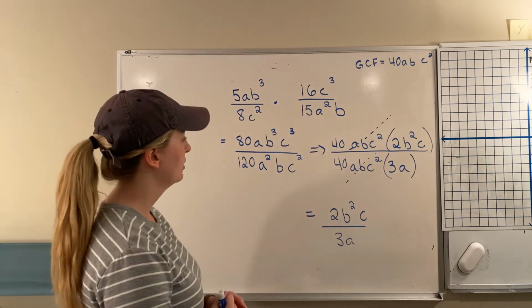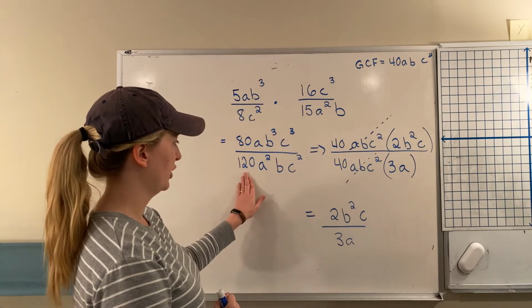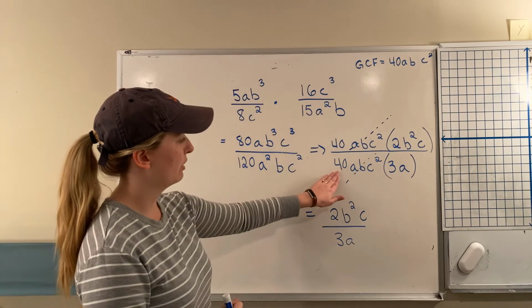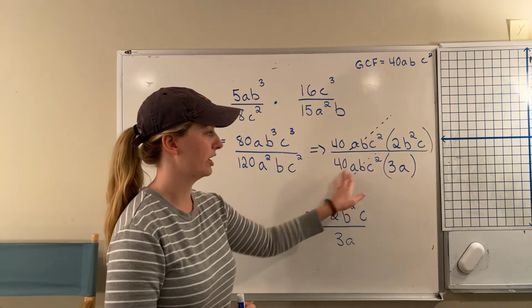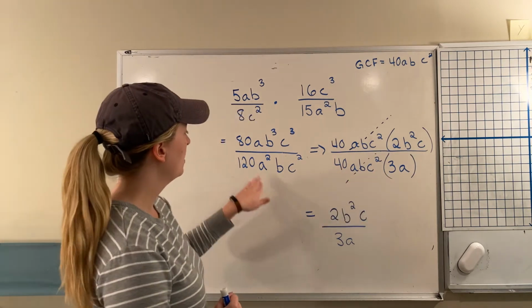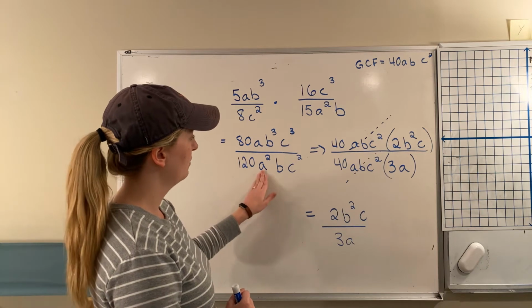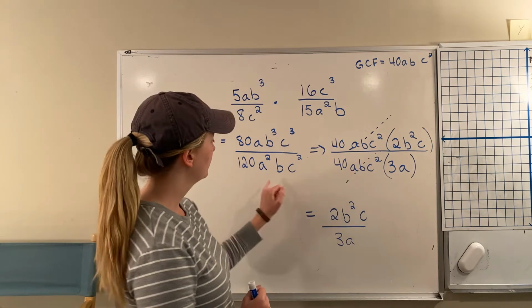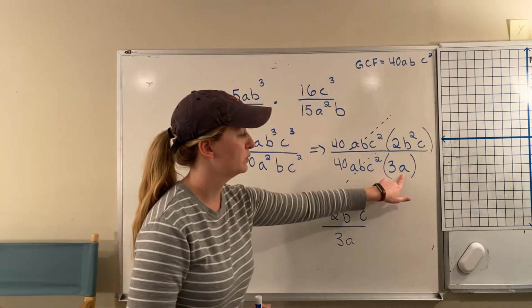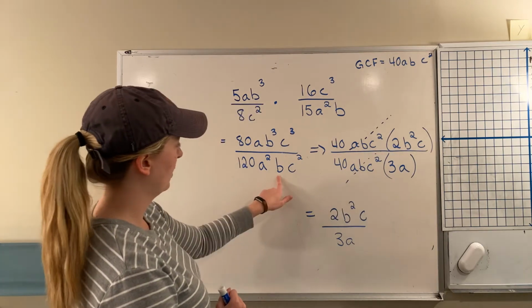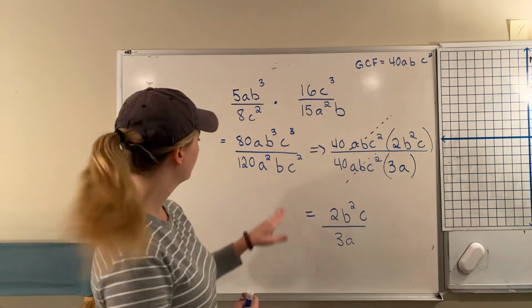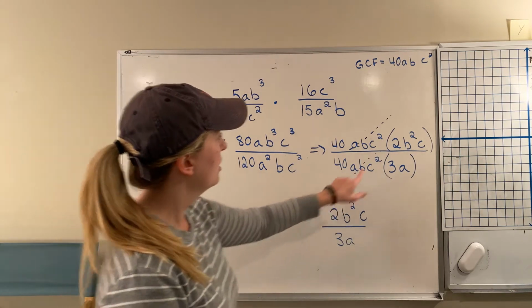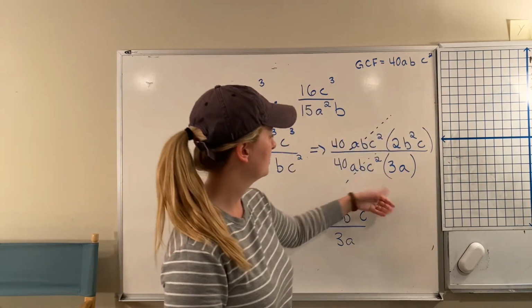Repeat for your denominator. So we originally had 120. We're going to pull out a 40. 120 divided by 40 is 3. So 40 on the outside, 3 on the inside. We originally had a squared, but we're pulling out an a. So a squared with one a pulled out leaves one a left inside. We originally had a b, but we're going to pull out a b, which cancels out our b's. We originally had c squared, but our GCF had a c squared, so we're going to pull that out, and